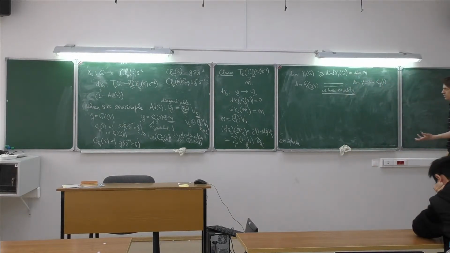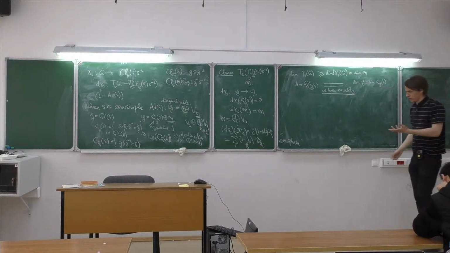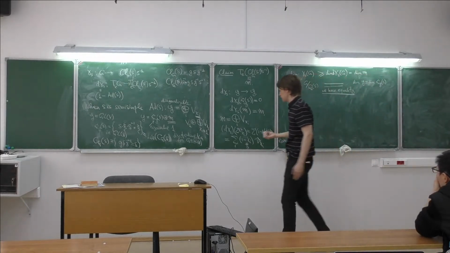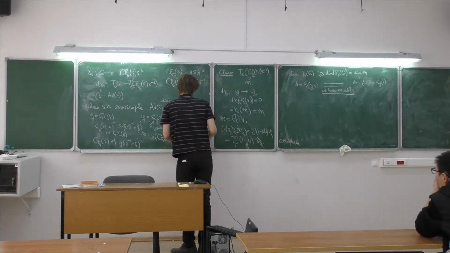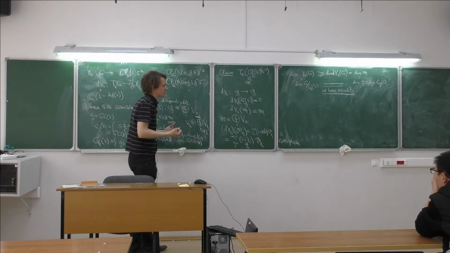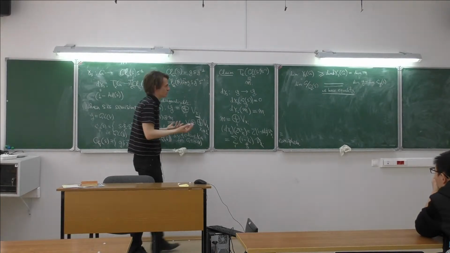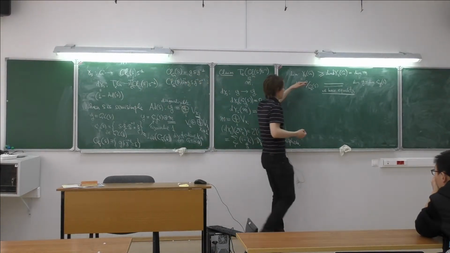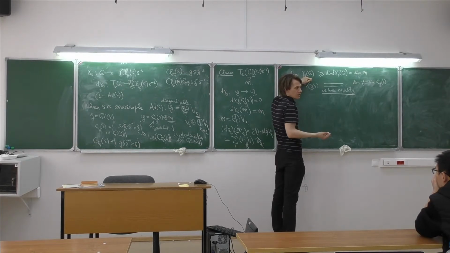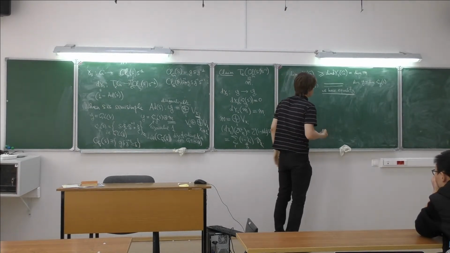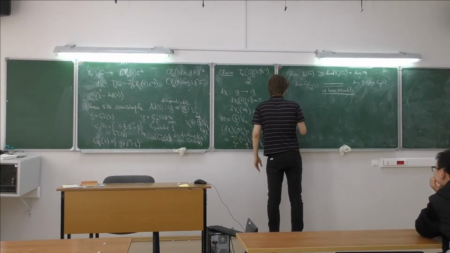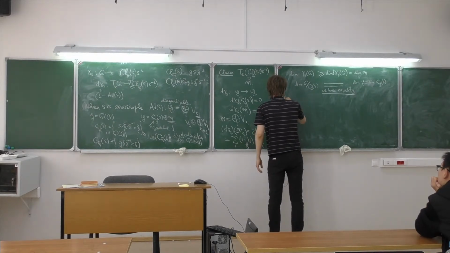So the claim is that in this case we can estimate. The claim is that this holds for the group GLN. So I claim that the same holds for any subgroup. So just claim